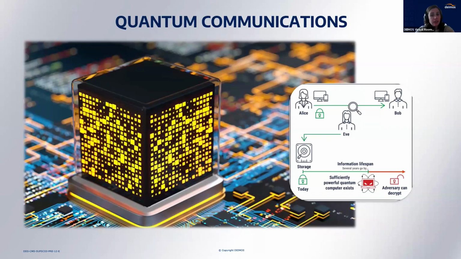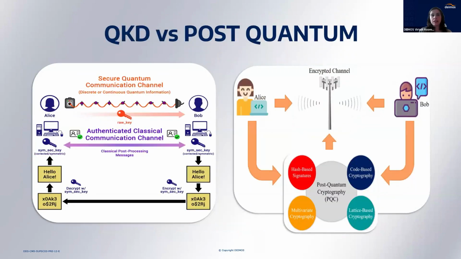Since it's a physical method, it requires a physical implementation of the channel, and being quantum requires that the ability to process, transmit or detect signals is also at a quantum level. But it's not the only method that we can use. We have two big areas that are now at the front, to try to protect your information from a quantum computer. One way is post-quantum cryptography, which is based on the same type